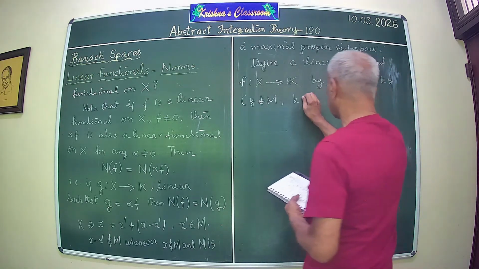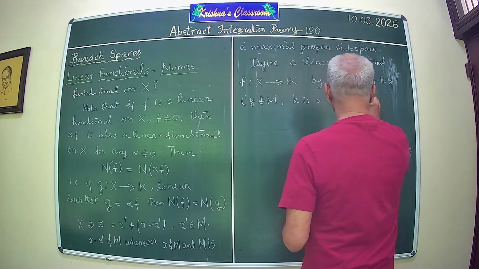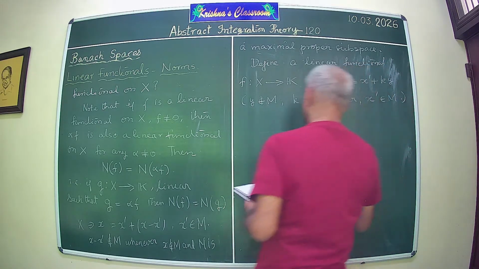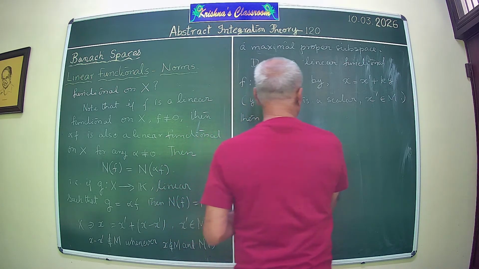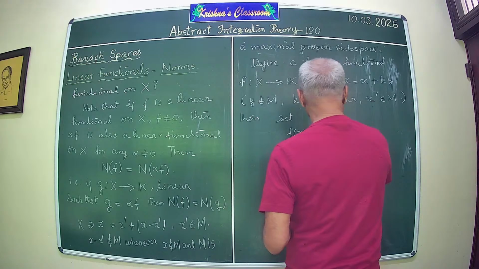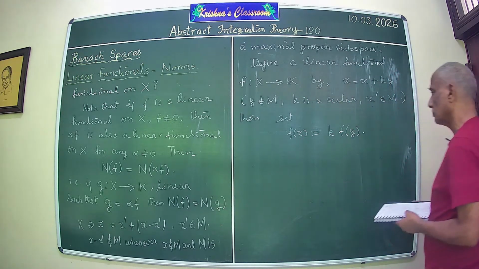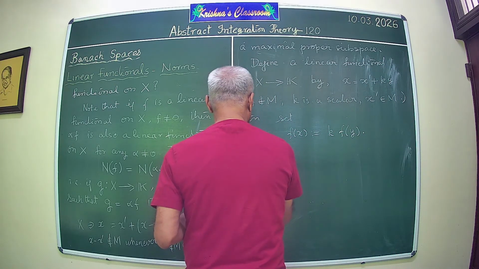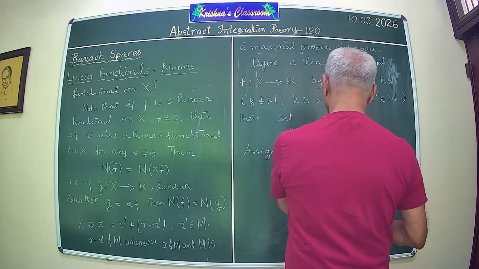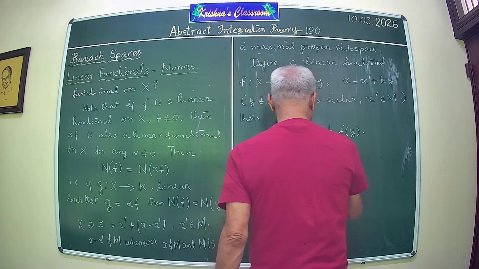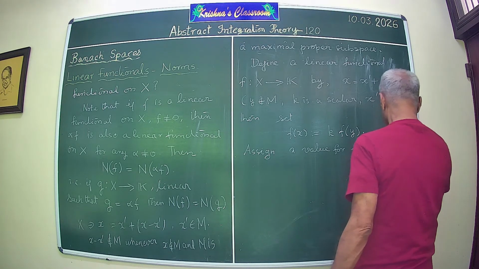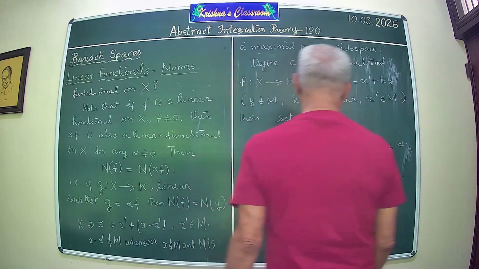K is a scalar. F of x prime is 0. So assign a value for y. Then